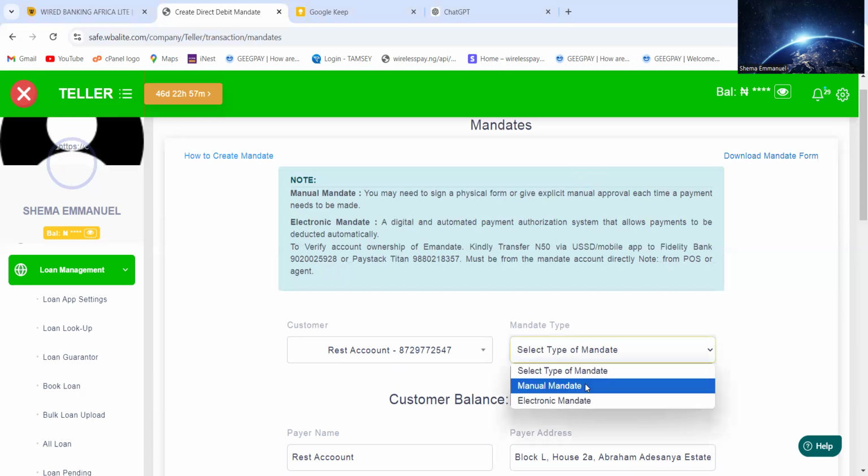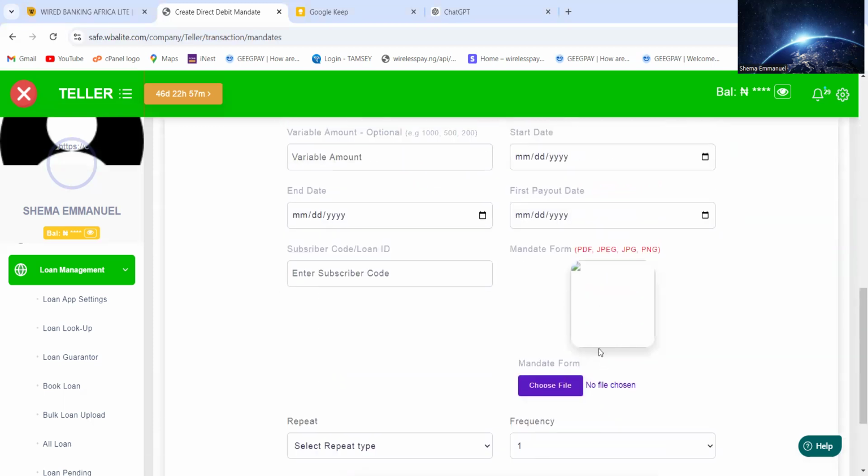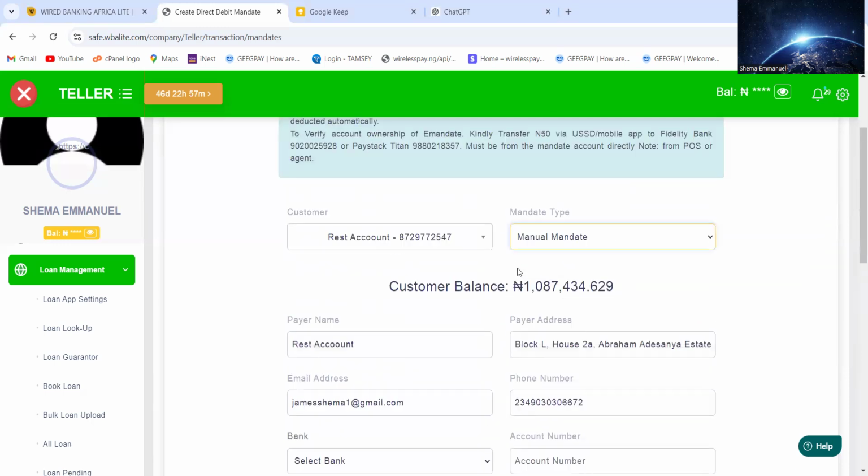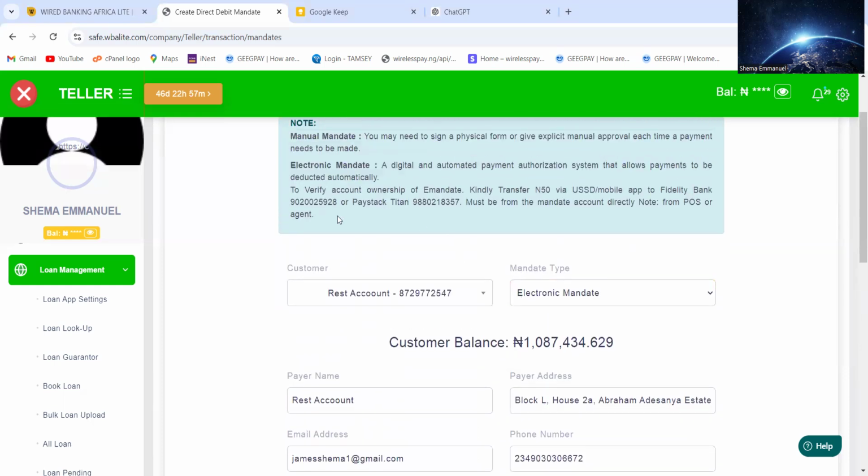Okay, so once I select manual, if you scroll down, you can see it requires you to upload the customer file or the customer mandate form. This simply requires the customer to sign on the physical form, which needs to be uploaded back to the bank, right? While the electronic, which is the e-mandate, does not necessarily require the customer to fill in any document manually. All the customer needs to do is to be connected into his bank